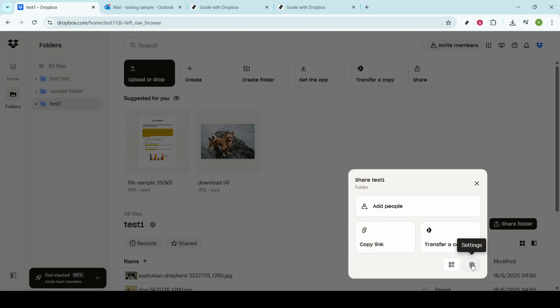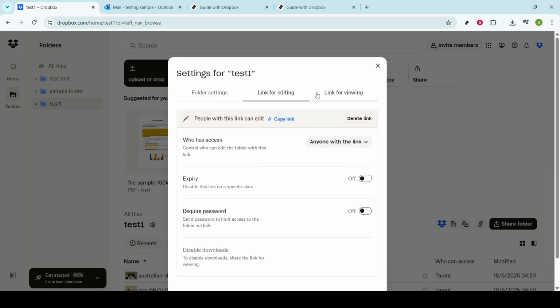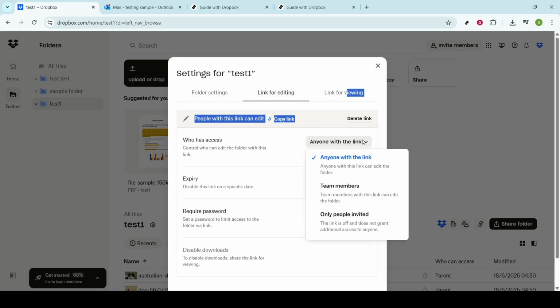This step is crucial. You need to set the permissions for this link to anyone with the link to ensure it is publicly accessible. This means that anyone who receives this link will be able to view the content you've shared without any restrictions. Besides setting who can access the folder, you might also want to decide what they can